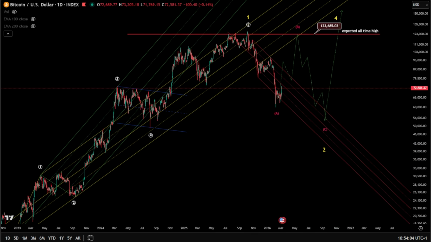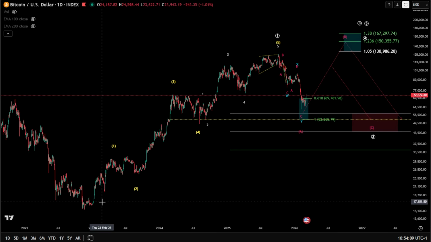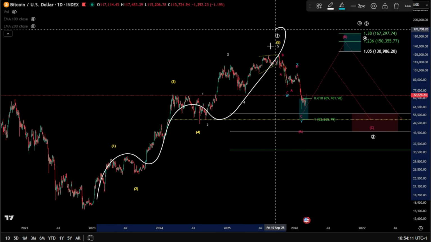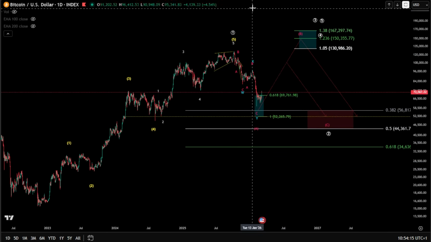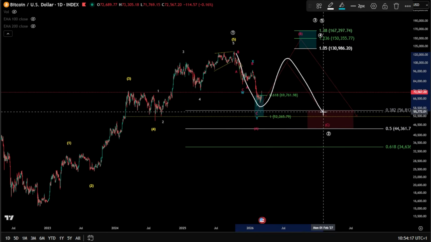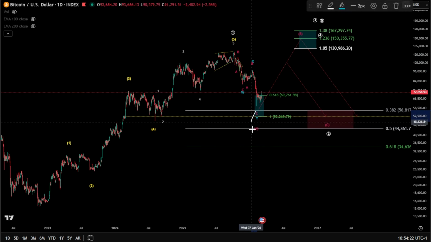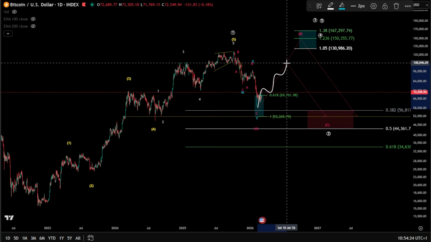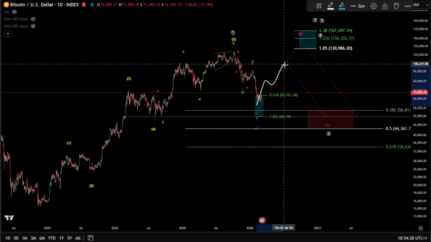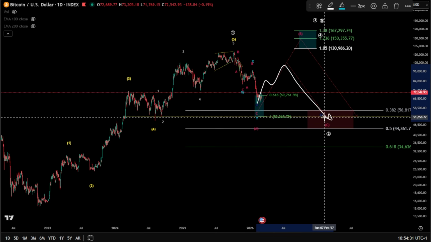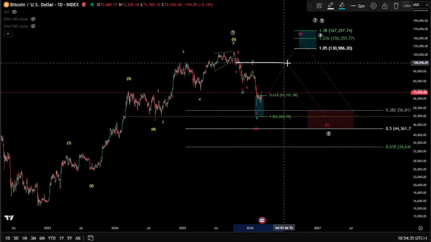By all means, our scenario for a flat is getting closer and closer after having a 1, 2, 3, 4, 5 as a wave 1. You're looking for 3 waves as a wave 2: A, B, and a C. Now, because we got a W, X, and a Y, this is your first 3 waves as a wave A. You might seek a wave B here. It has to be an impulse, correction, impulse, for example, and then pushing down for a wave C, meaning a zigzag wave B, which has to hit